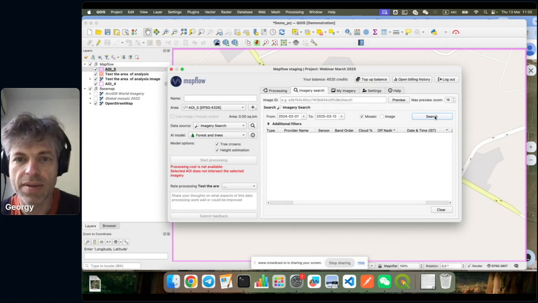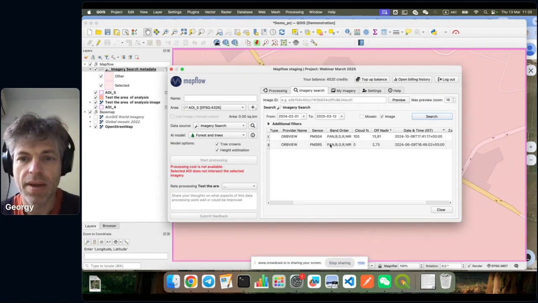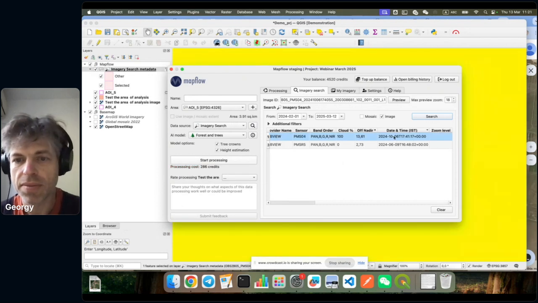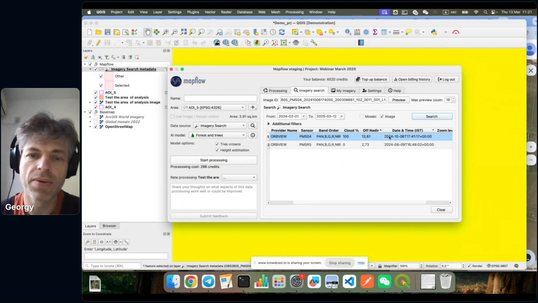So we might have not found any results. Yes, and we see that the results are empty. So let's check if there are some satellite images available for this area of interest that are corresponding to our dates. And here we are. We got some satellite imagery which is more recent, which is more up to date, so we can use it. But this is another kind of workflow, and we are working on fully